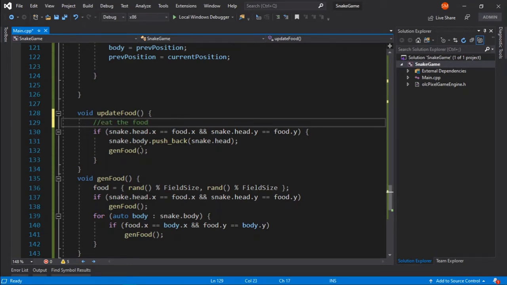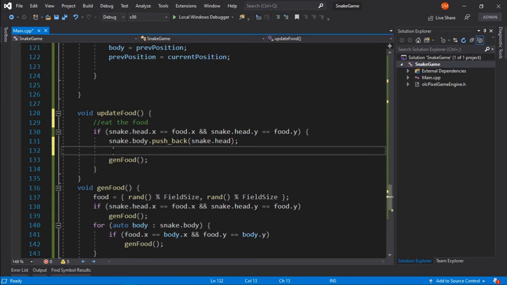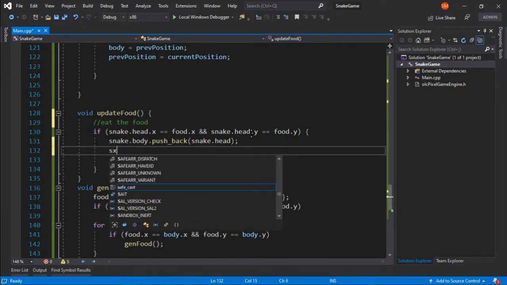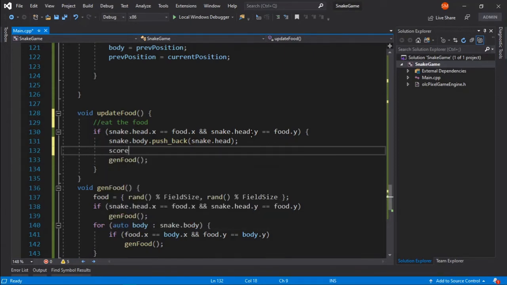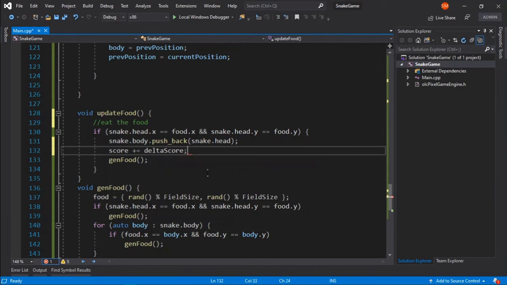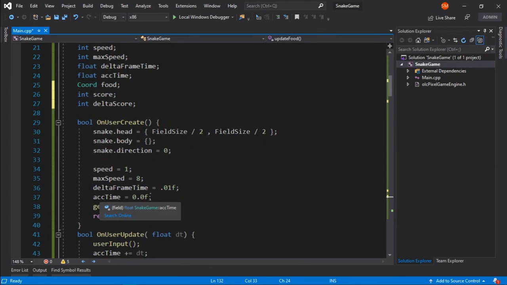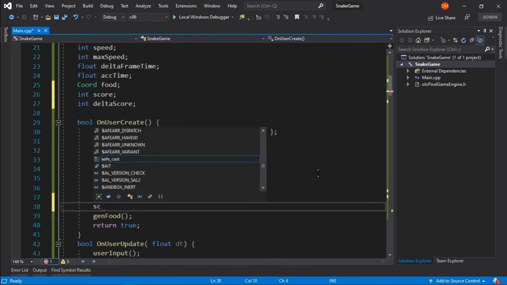So whenever we eat the food, what we want to do, apart from adding one part to the snake and generating the food once again, is increase our score by our delta score. Okay, and here we have already, I guess, set score to 0.